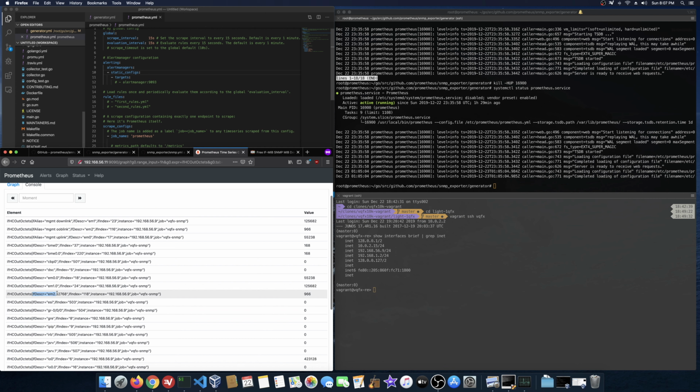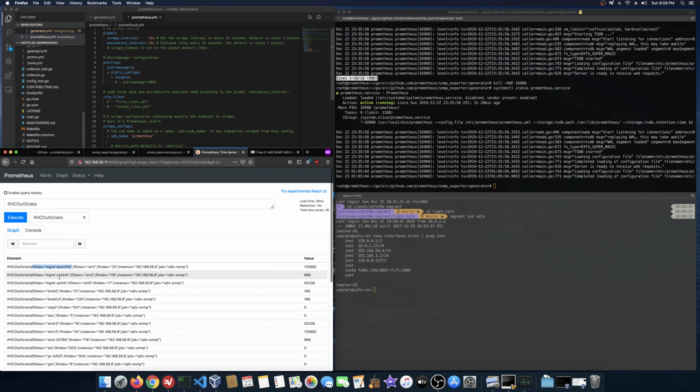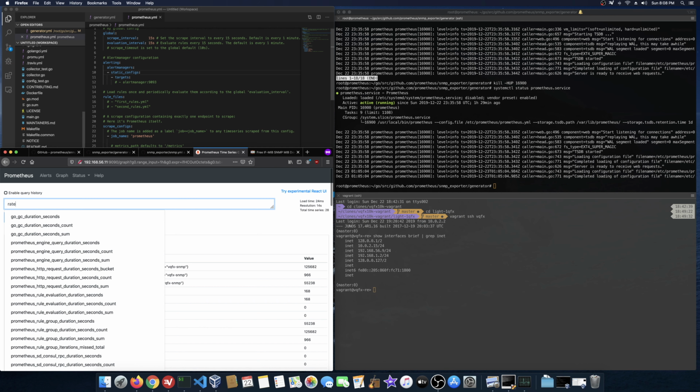Some of them have interface description, interface index as part of the name, and then we have our job, and our instance is the target URL. And if interface alias isn't blank, it populates with the user defined description. This is really important and can't be understated when you're working in Grafana especially. It's very helpful to have these things on here and follow a standard, because then you can do stuff like